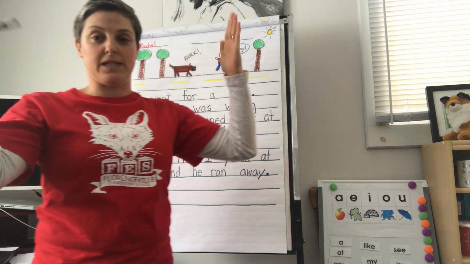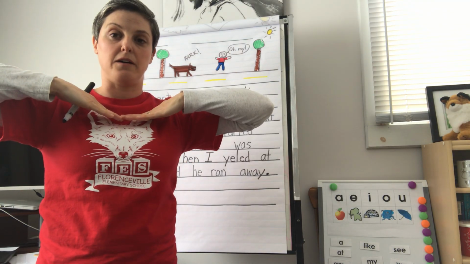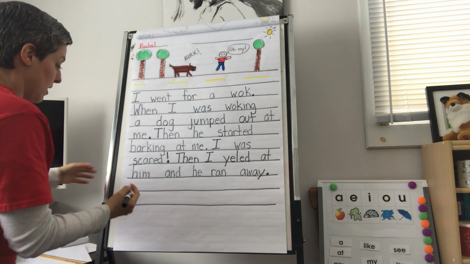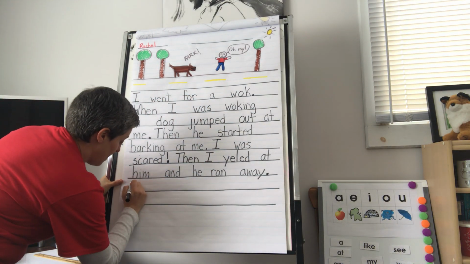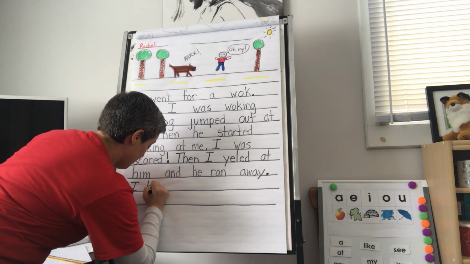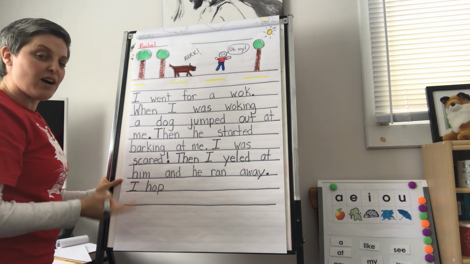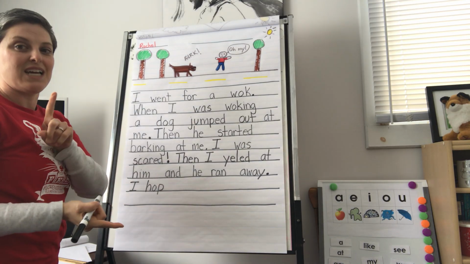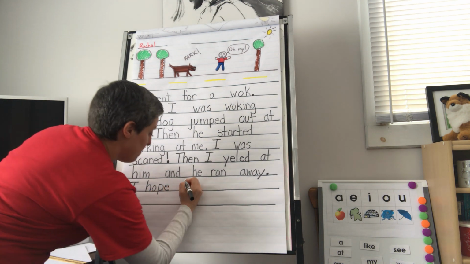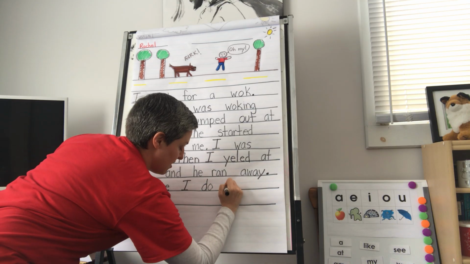Then I want to always, so we opened with ourselves and we're going to close with ourselves. So I say we want to close with how we felt or what we were thinking. And so I could say, the way I feel about the dog, I hope, oh wait, that's just hop. How can I make the O say O? I have to add an E. I hope I do not